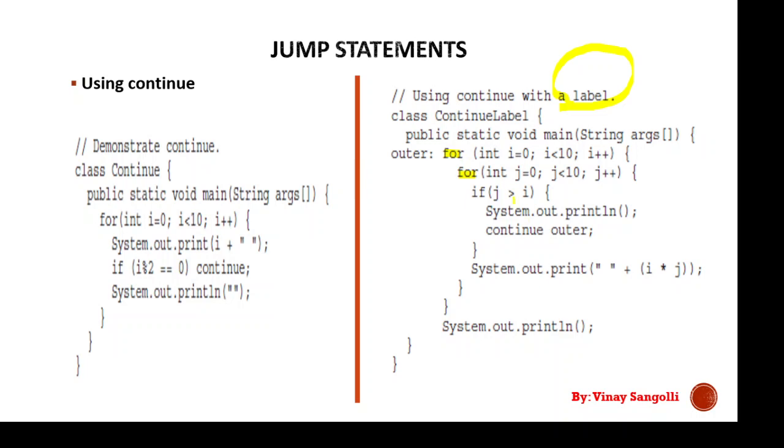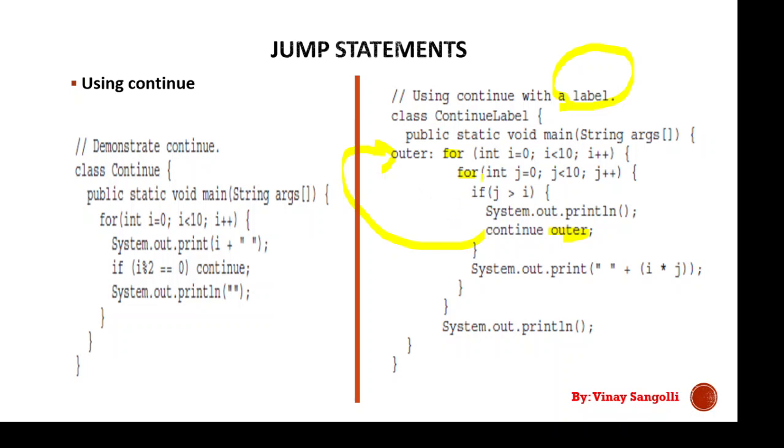So if you can observe this program, we have told that continue, the label here is what now? Outer. And this label has been given to where now? The outer loop. So that means what would happen now? This continue is applicable only to the outer for loop. Okay, so here in this example, it will terminate the loop counting j and continue with the next iteration of the loop counting i.